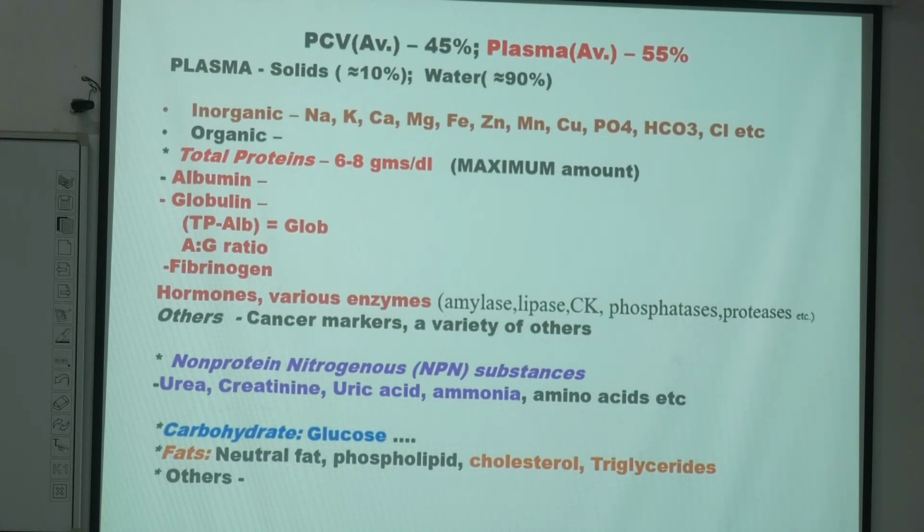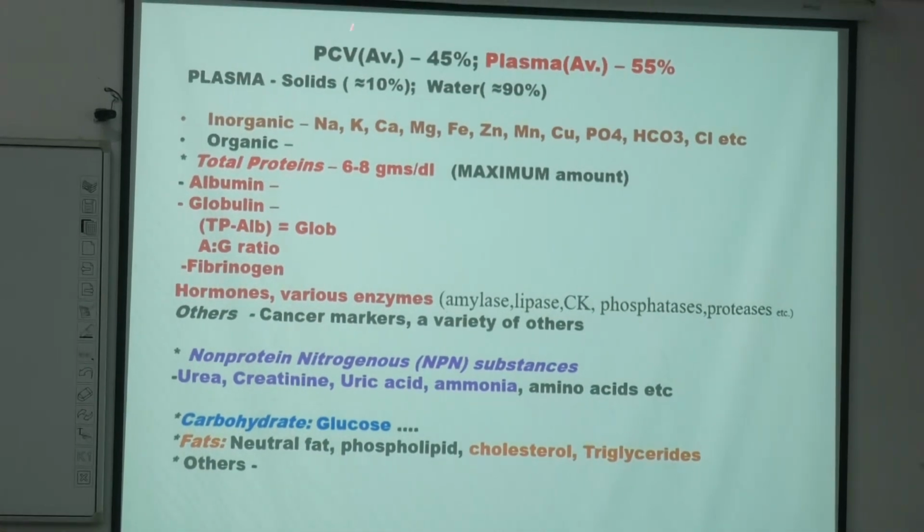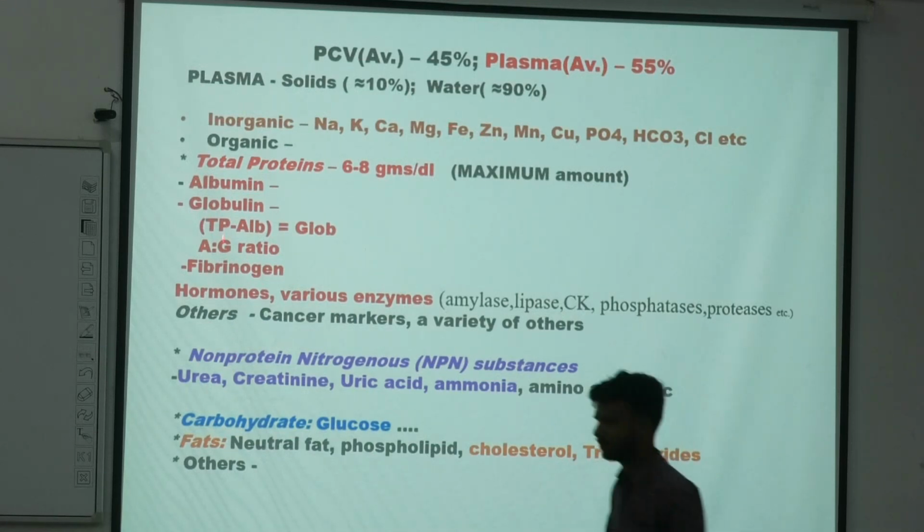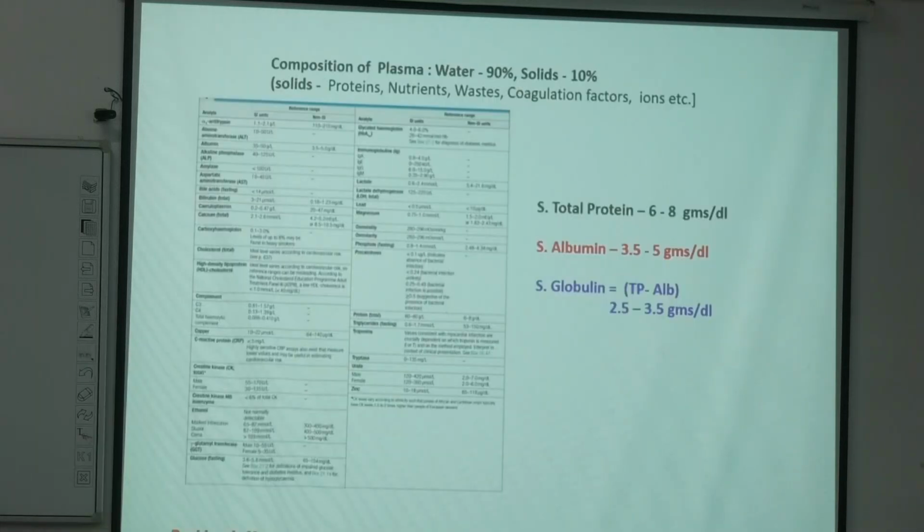So, in the blood, if you see, the PCV is about 45% and plasma is 55%, and in the plasma many things are dissolved, inorganic and organic molecules, and total proteins are present in the maximum amount, that is in gram concentration. Do not ever forget that it is present in the highest concentration, in the maximum amount, and there are other things which are present. So, the composition of blood is basically 90% water, 10% solid,